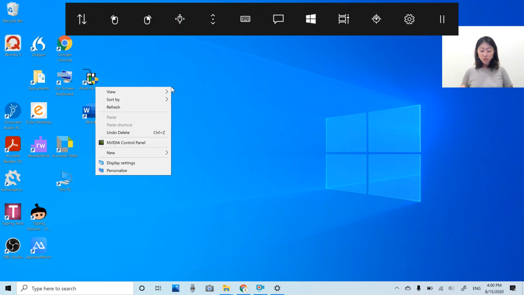And then I can use what's up here on the screen to precisely move the control, and I can do single click, double click, right click from there. So let me try how it works.